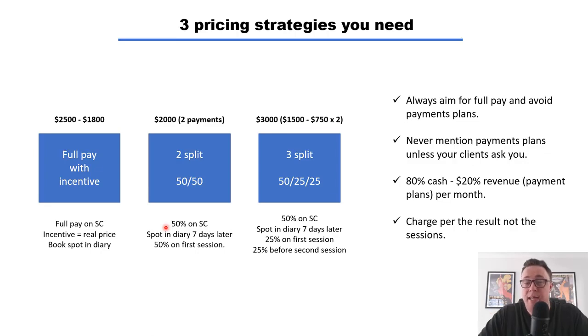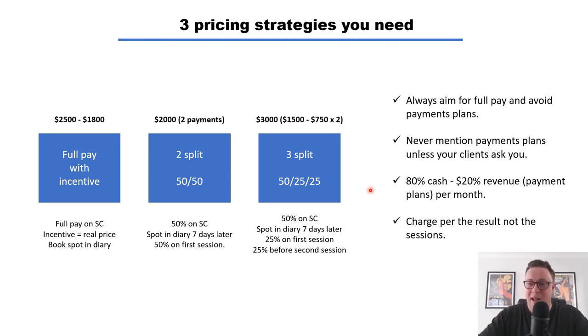Then if they turn around and say, oh, no, I really want to do it still, is there another payment plan you can have? The answer is yes, guys, but here's something I do with a 3-split payment. I make the 3-split payment sometimes a ridiculous price because it is a very big risk, okay? Because I want to mention the 3-split, but I want them to think, well, that's quite expensive. Might as well just go with the 2-split or the full pay.